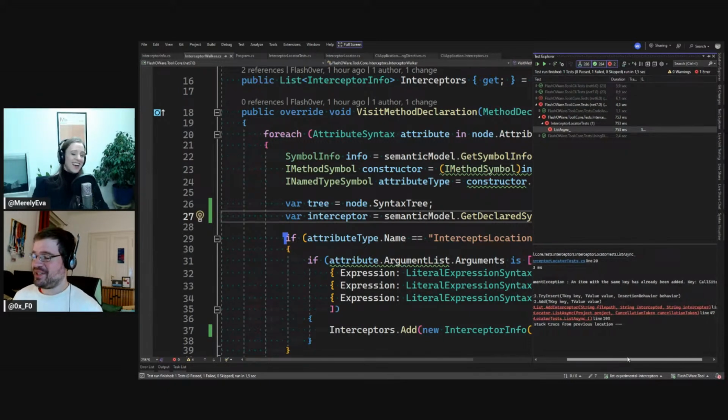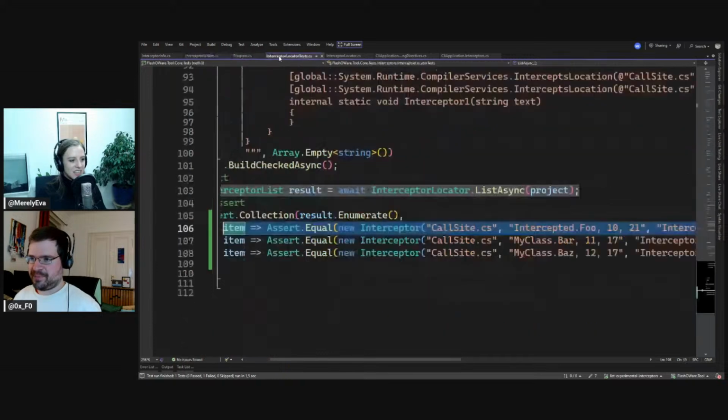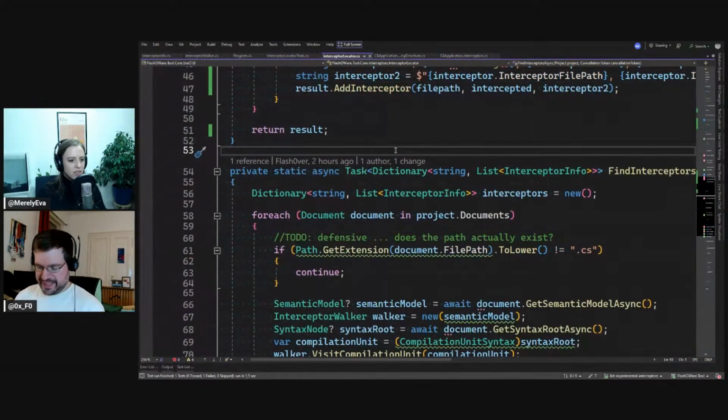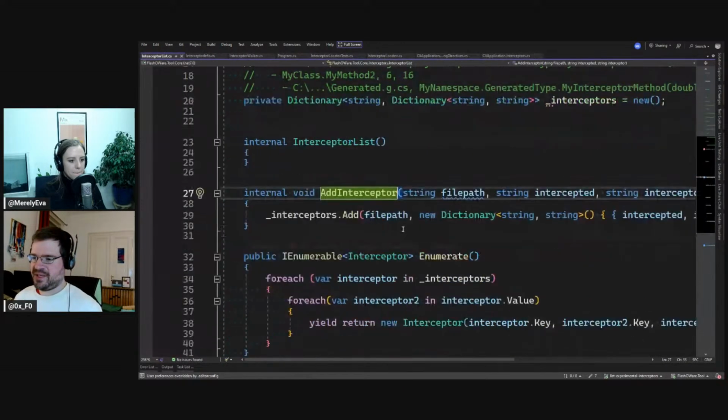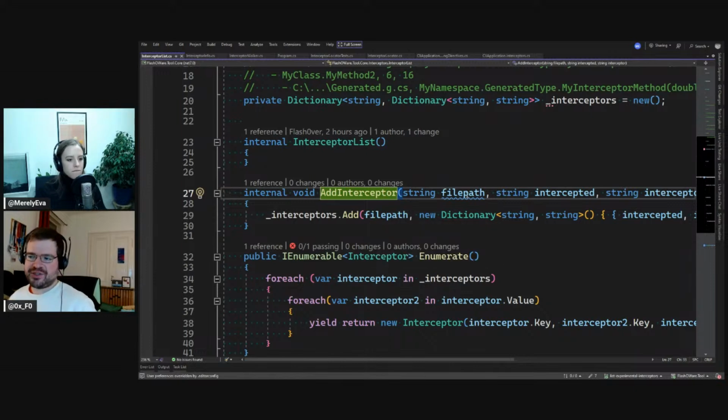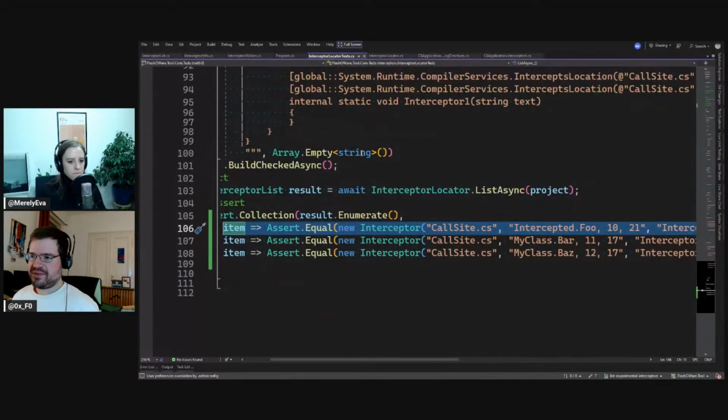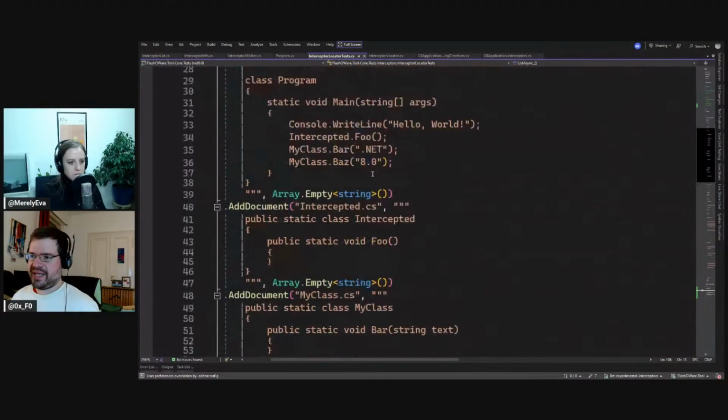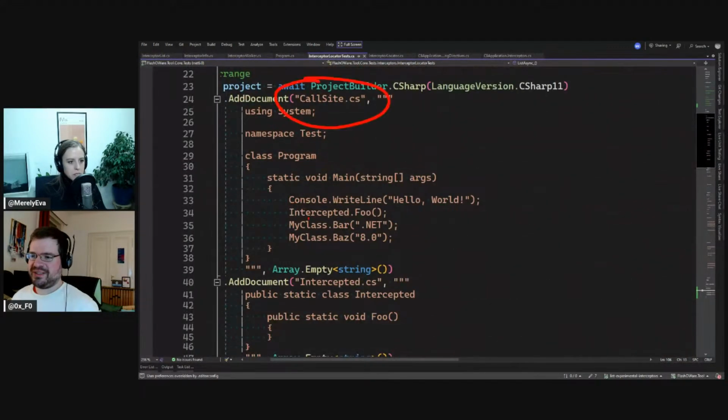Yeah, and now we have the issue that I expected, where I said we will have an issue there because an item with the same key has already been added to our dictionary. Oh. Now in our add interceptor method, we always add. But what if we have this value already in the dictionary? Because in our test, they're all in the same file path. So we don't have one interception per file path, but multiple interceptions. We have at least one. If there is none, then we wouldn't add it to the dictionary, but we have at least one